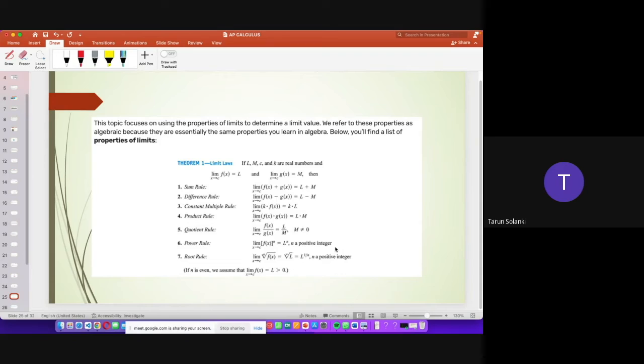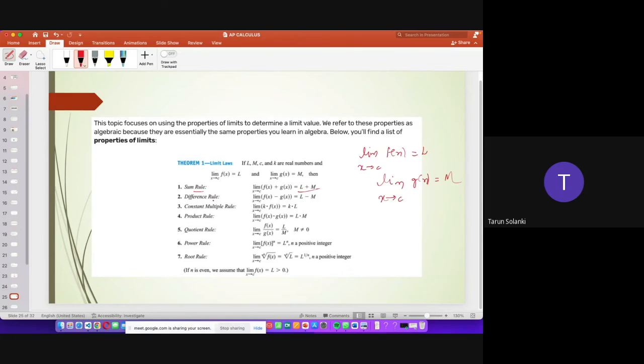Where L, M, C and K are real numbers. For these properties to hold, you have to take two limits. The first limit is limit x tends to C of f(x) equals L. Second, again limit x tends to C of g(x) equals M. So first, the sum rule: limit x tends to C of f(x) plus g(x) will always be L plus